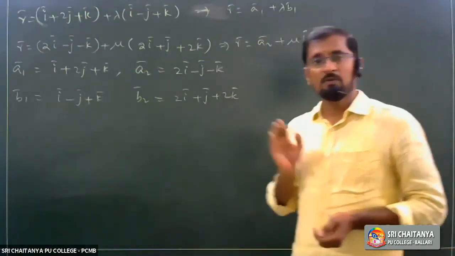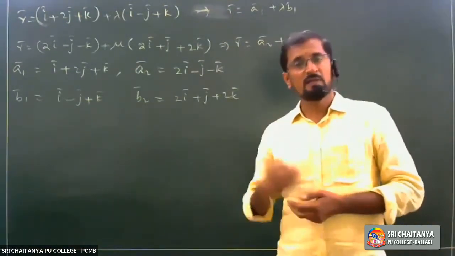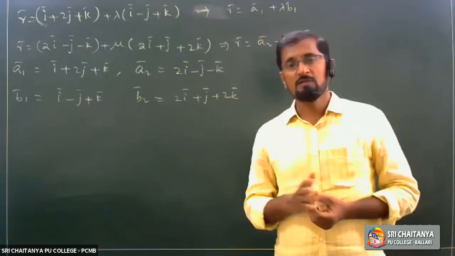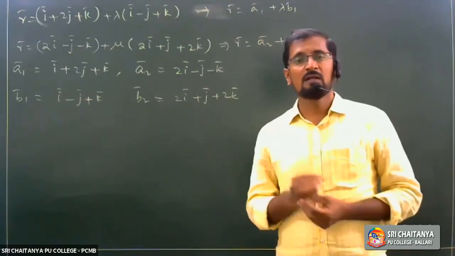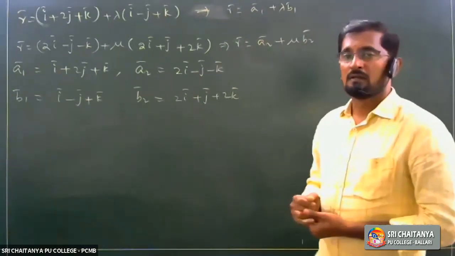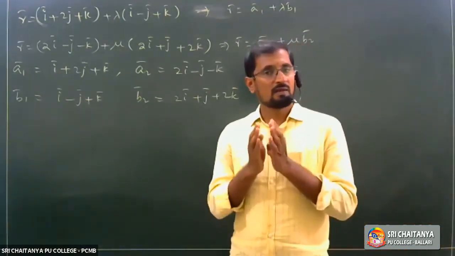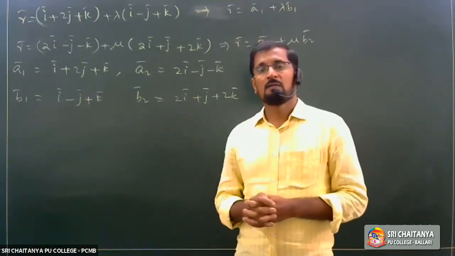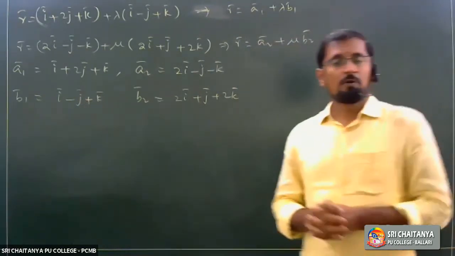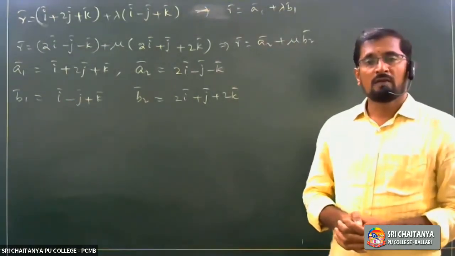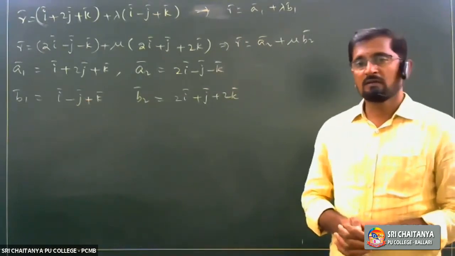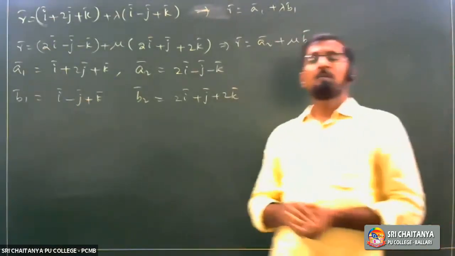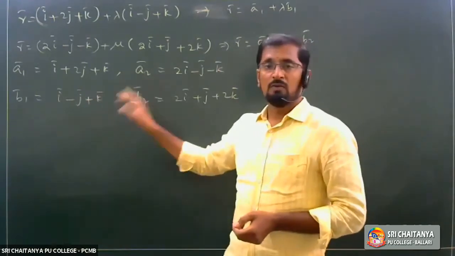I am repeating up to this step because this is a lengthy problem and it takes much time. I am going to repeat each and every step twice. You just observe this one and finish this clearly. Now, the first thing, you should write the given lines, and you should compare the given lines with the standard forms, R bar equals A1 bar plus lambda B1 bar, R bar equals A2 bar plus mu B2 bar. After that, you are going to get A1, A2 and B1, B2.